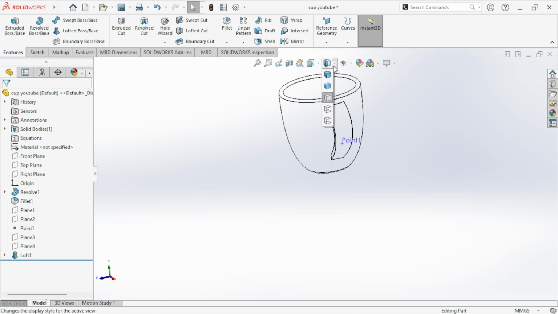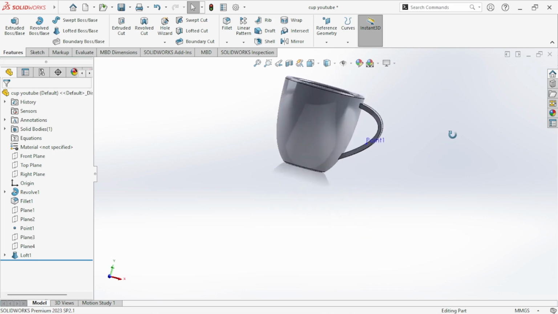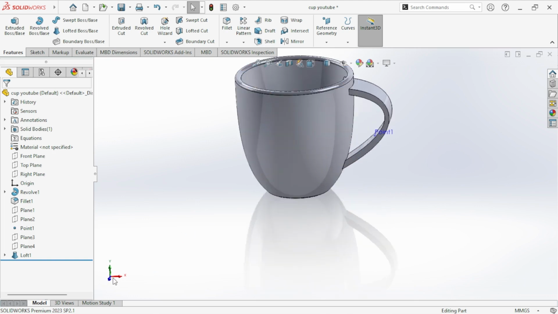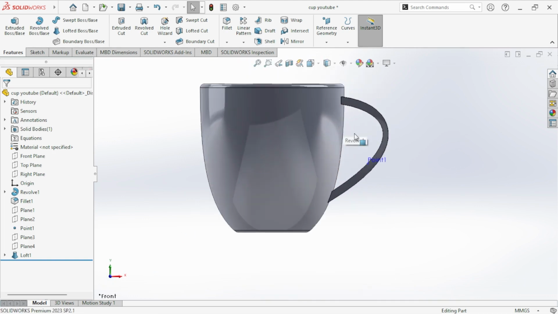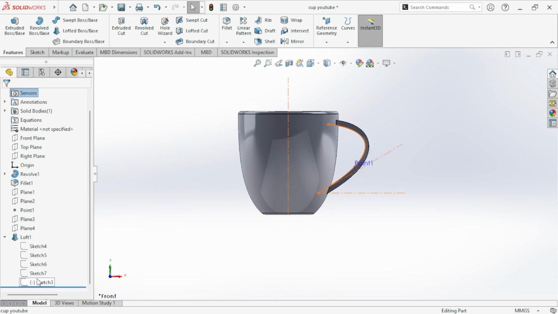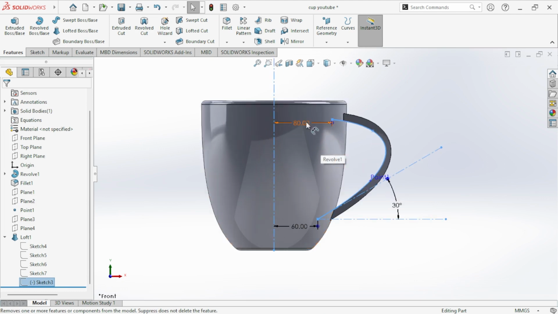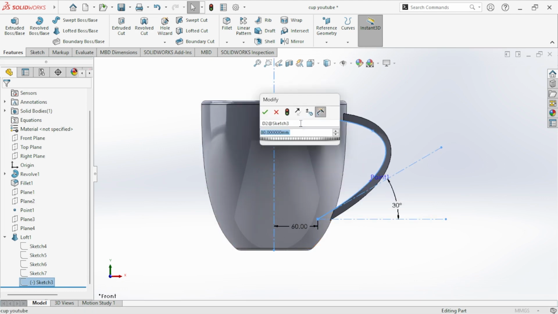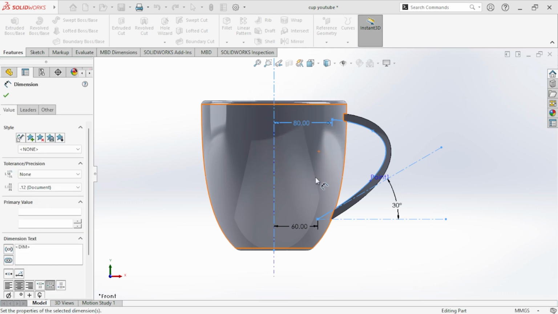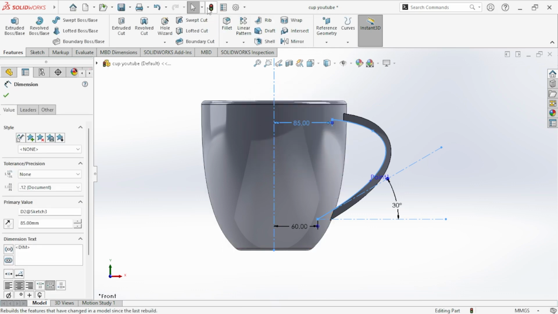Now I'm gonna go back to our view. Now we can see that we have a good shape of this handle, and we can see that it's closer to the body of this cup. We can adjust that, and I'm gonna go to this sketch of this guide curve. Gonna adjust this a little bit, so it's gonna be 85. I'm gonna rebuild,